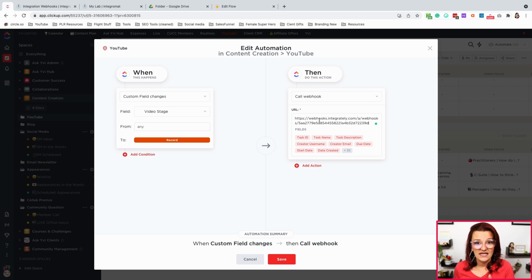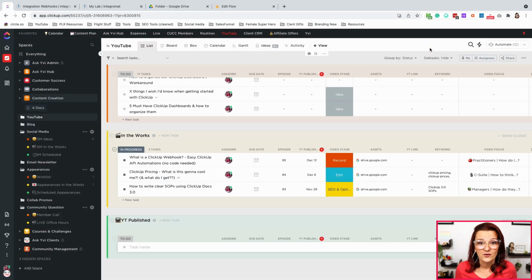Go to work. Cool. Nobody else needs to check because ClickUp is going to call out for me to do this work. And this is where you plug in this URL that you just grabbed in your automation tool. Cool? That easy. That's how easy you set up a webhook in ClickUp. Now, what do you do with this? Let me show you my favorite automation where we use webhooks.